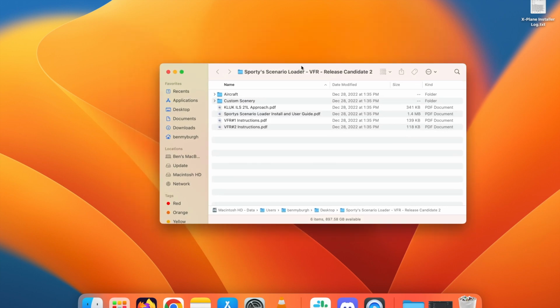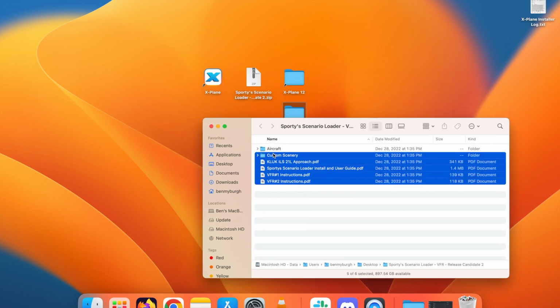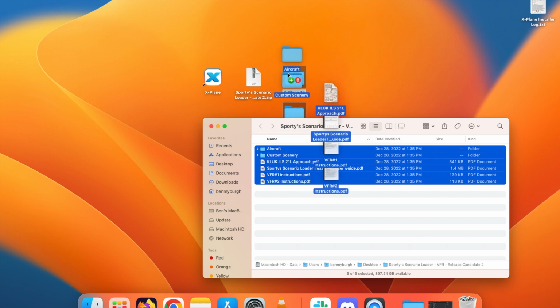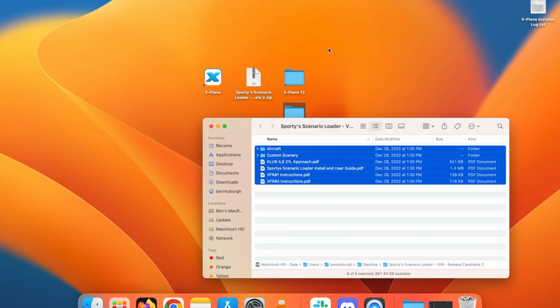And as you can see, I have the files I need for the plugin here. I go ahead and select all, making sure I click the right option key, and then click, drag and drop. Hold the option key. You'll see this menu here. When this menu comes up, it's very important to make sure you click merge. So we're going to go ahead and apply to all, click merge, and this will copy all the files into